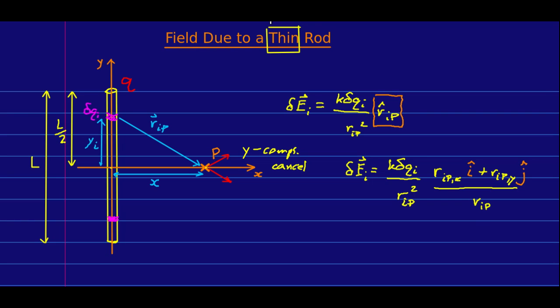And so in particular, we can see that if all we care about are the x components, because we already know that the y components all cancel, then that's going to come from this. And so in fact, what we want is,